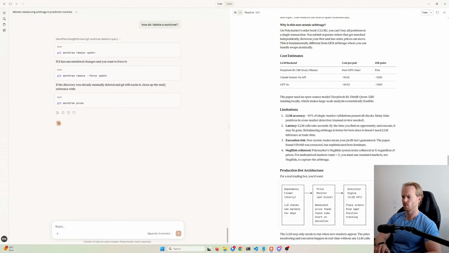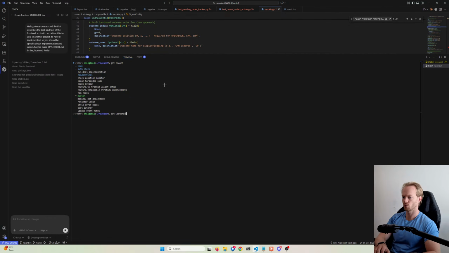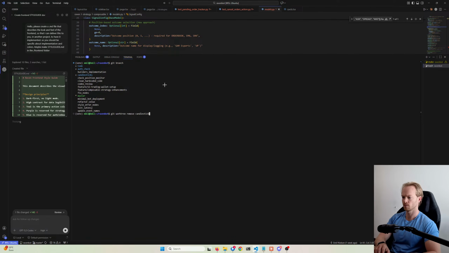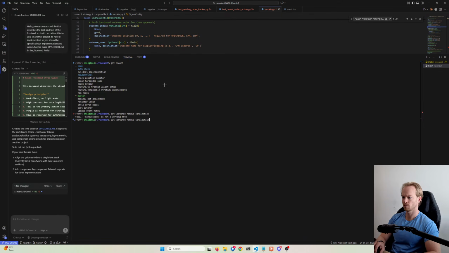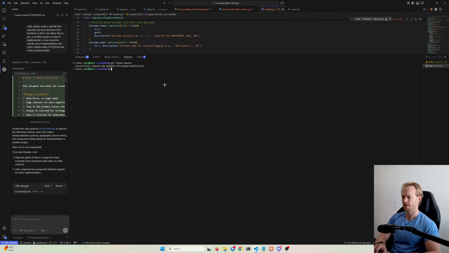Was the command git worktree remove? Okay. Git worktree remove. Then I'll rebase it. And git push origin